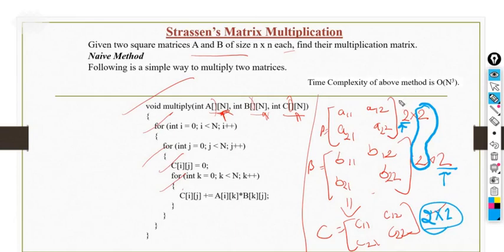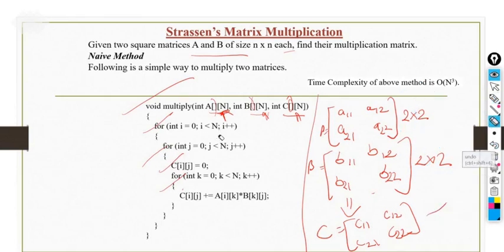If we have a 3 into 2 matrix A and a 2 into 3 second matrix, then the same rule applies, so the resultant matrix will be a 3 by 3 matrix, right? So it's a very simple, clean and clear technique. What's next here? A for loop, with i going over rows and j over columns, and Cij is initialized with 0 because we are trying to fill in the resultant values here. Then k we need to take as the common index.